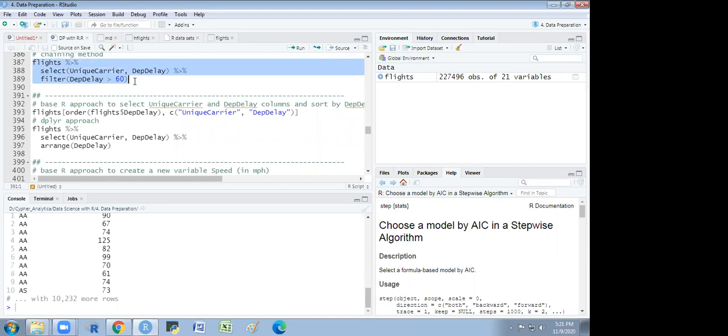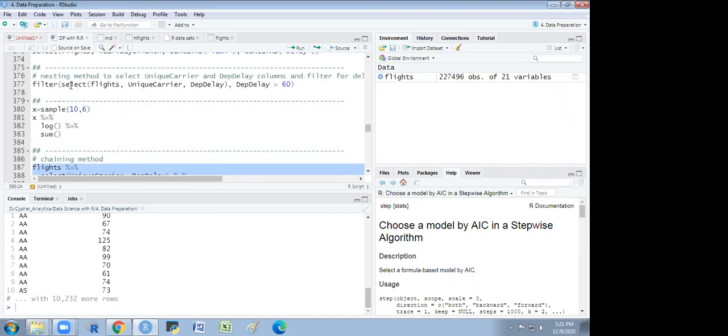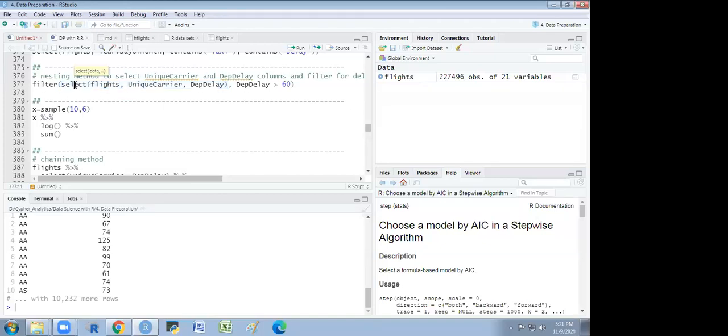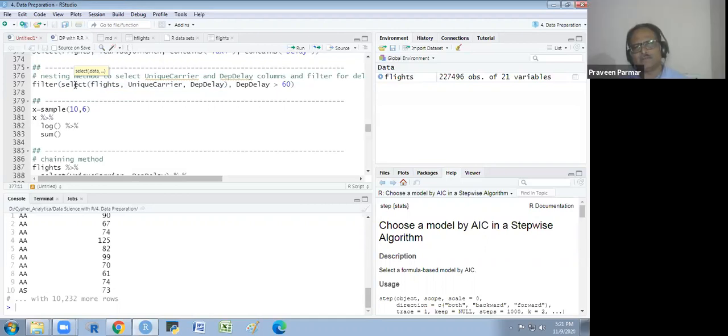It is more clear than this, because here you may sometimes get confused about what to take first and what function to apply later, what to write inside. Do we always have to write filter first? No, it will not work like that. First you select the column, then you filter it.